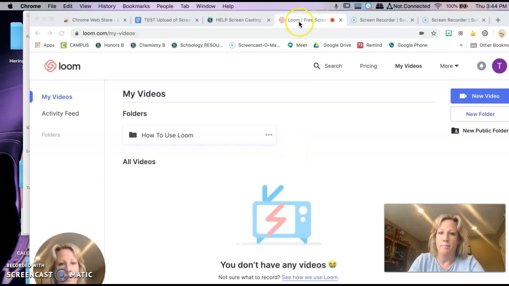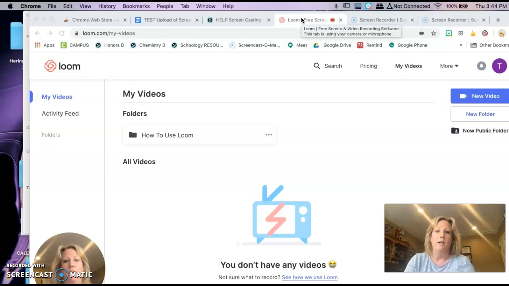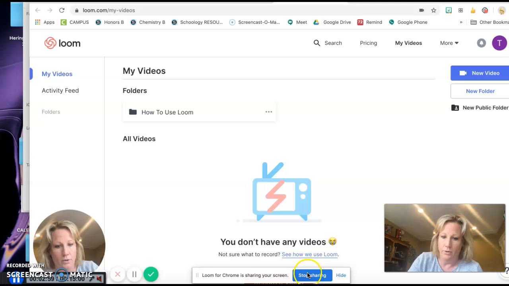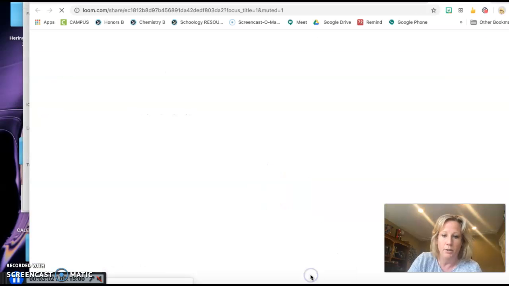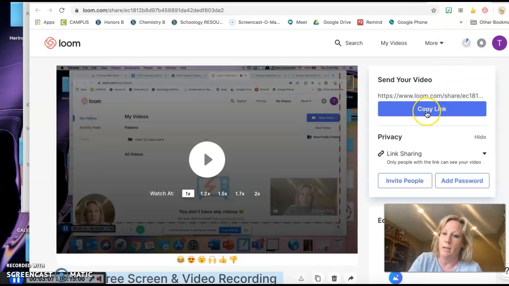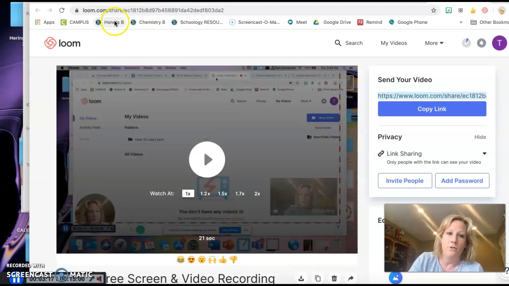And then this would be me making my recording. So I would record this, and the test record doesn't need to be very long, just to see that you know how to do this. And then when you are done making the video, there should be a stop sharing down here that you push, and then the URL of the video you just made is over here, and then I would copy it and then go back to our page and